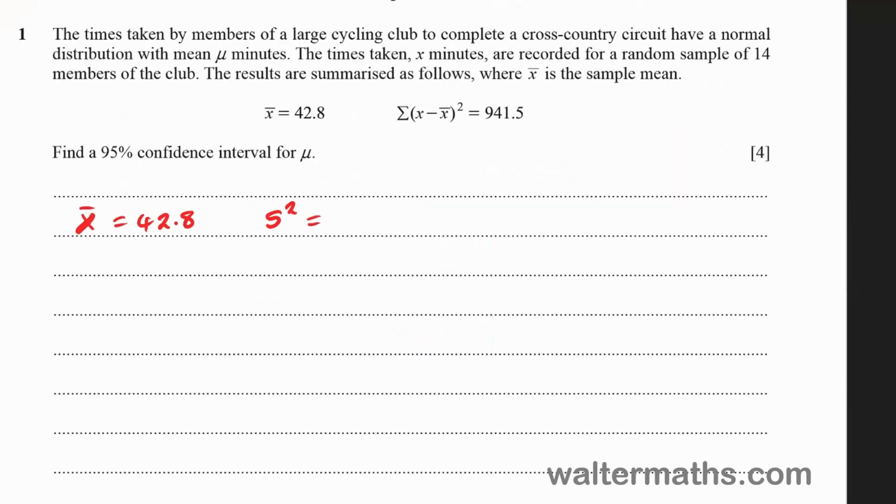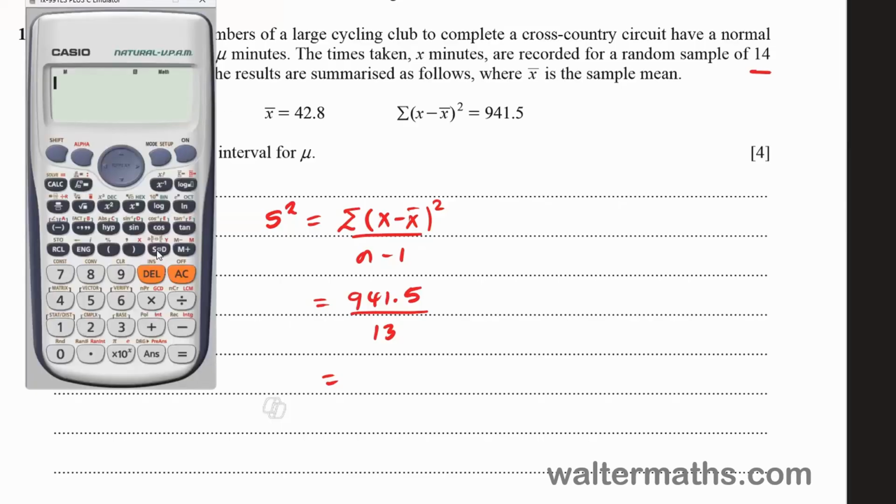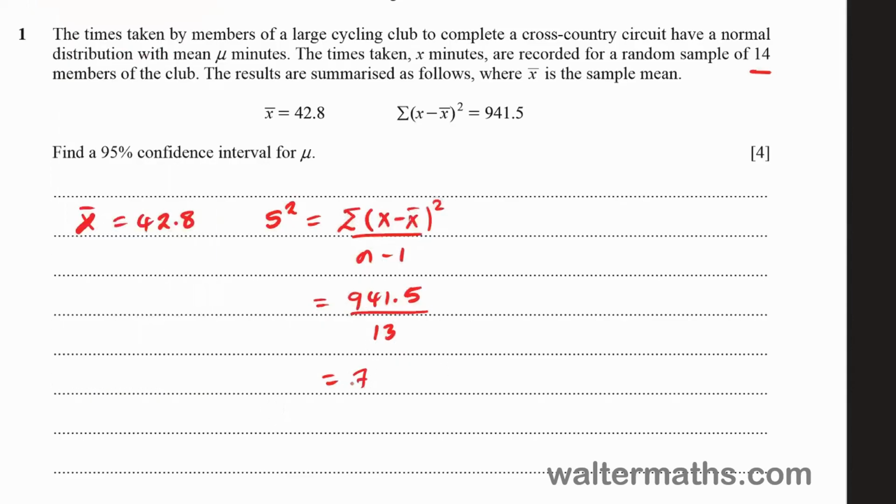So that's going to be the sum of X minus X bar squared over N minus 1, which is 941.5 over N is 14, so N minus 1 is 13. And we will do the calculation here. That's 941.5 divided by 13, giving us 72.423. We'll also need the critical T values, and that's for 14 minus 1 degrees of freedom, which is 13